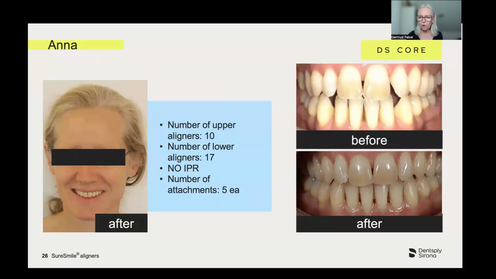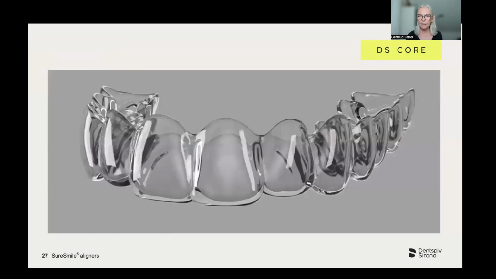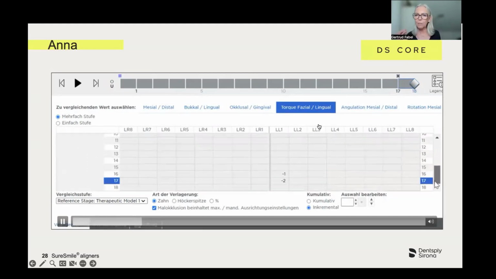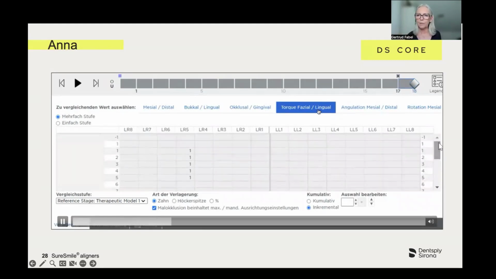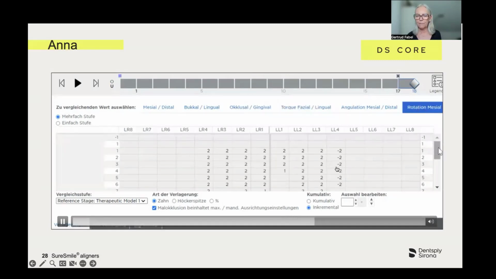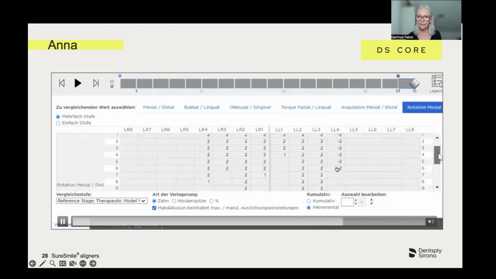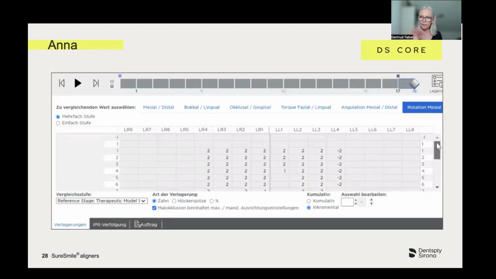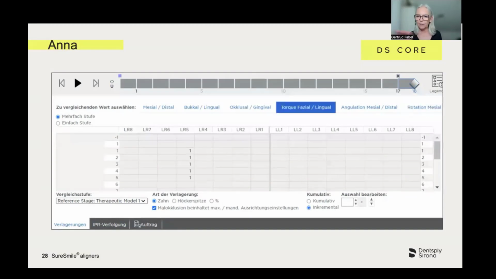And before I ordered the aligners, I had a look at the single movements in this treatment, and you can clearly see you have almost no torque, but you have lots of rotation. See? So in that case, I decided to choose the scalloped trim line and not the straight one,